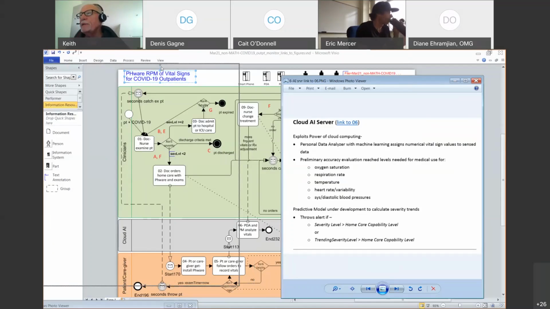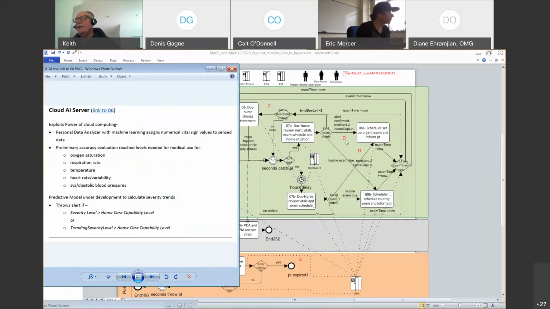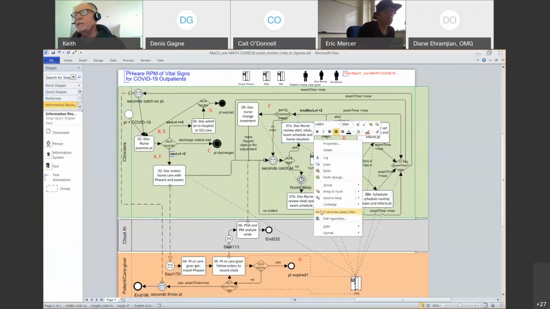Now let's go up here, and this model is of the decision-making authority of the clinician, and if there's an alert that's thrown, it bypasses any delay and goes directly here where it's reviewed. Here is